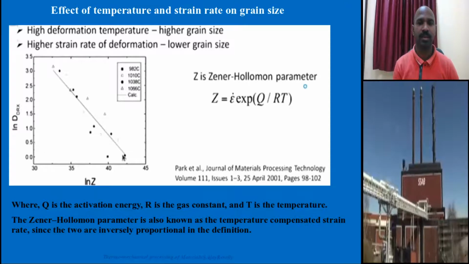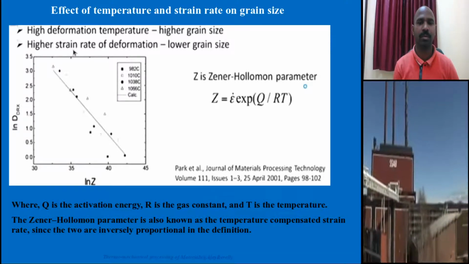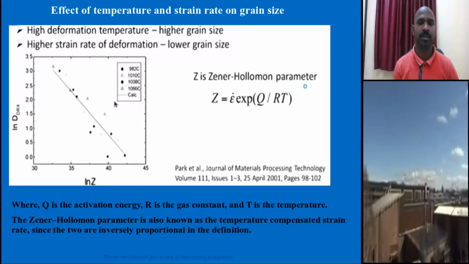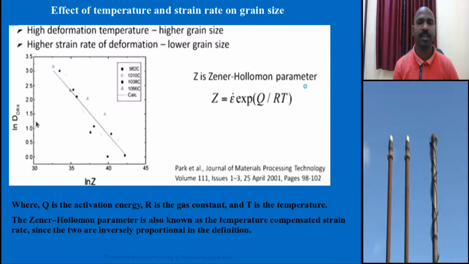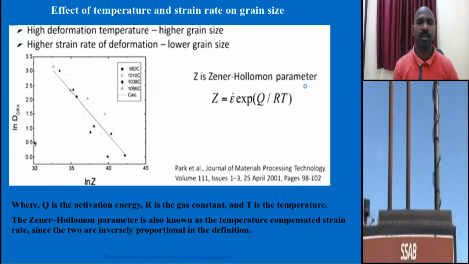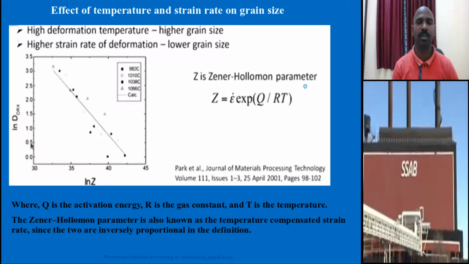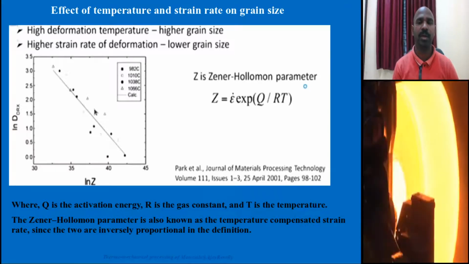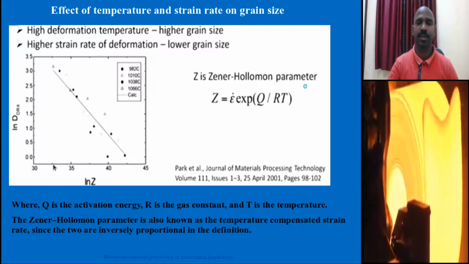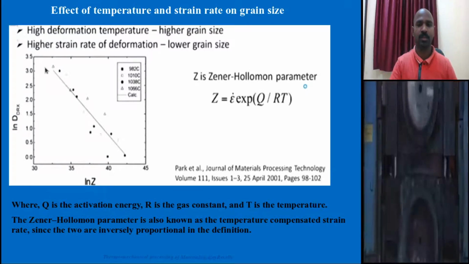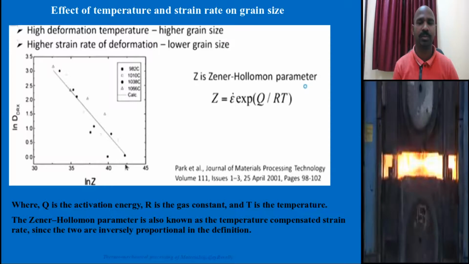So a higher strain rate, meaning a higher deformation temperature chosen, gives you a lower grain size, 0.5 micrometer or 3 micrometer. For example, at 33 you will get the 3 micron size,